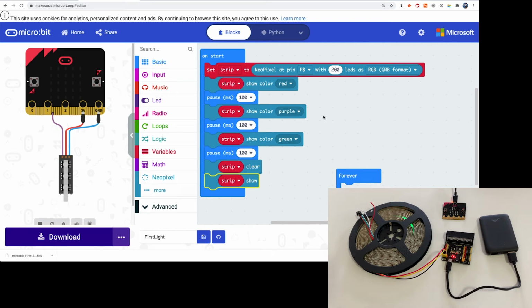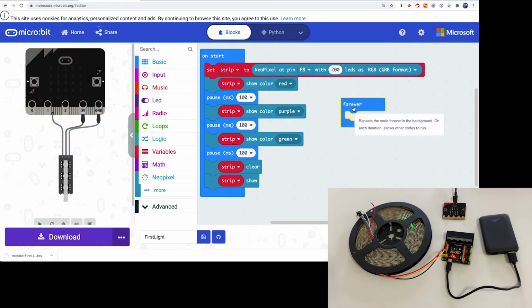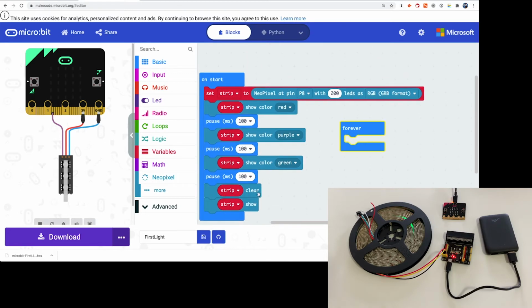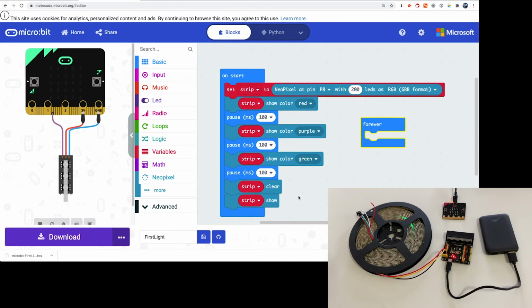Okay, so we're back here to our program that we just left, and we're going to now modify the forever loop because we want to put a rainbow in there, and then we want the rainbow to be traveling along the LED strip. So, because we don't want a new rainbow every single time the forever loop goes, we're actually going to add the rainbow to the end of the start loop. So it'll do the startup sequence, and then it'll turn to a rainbow,